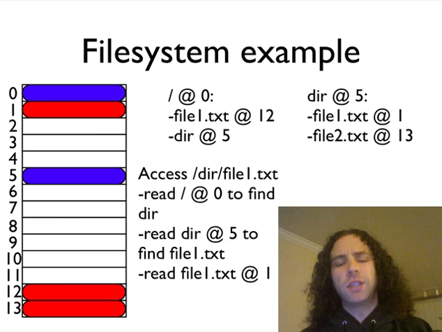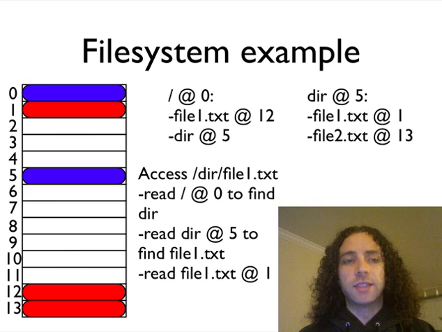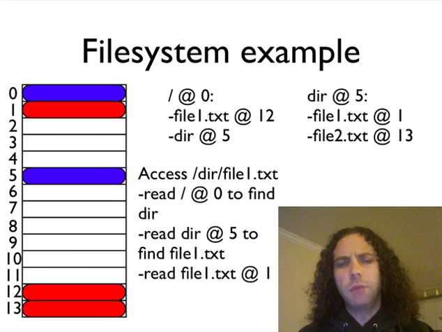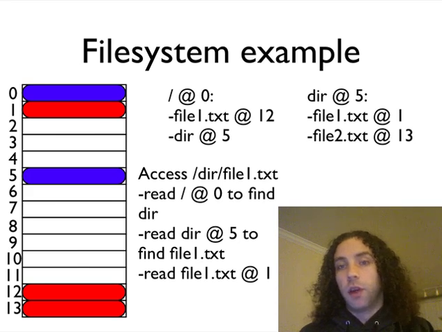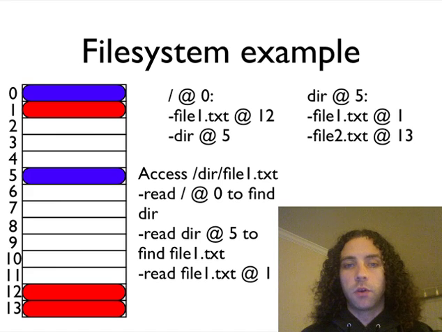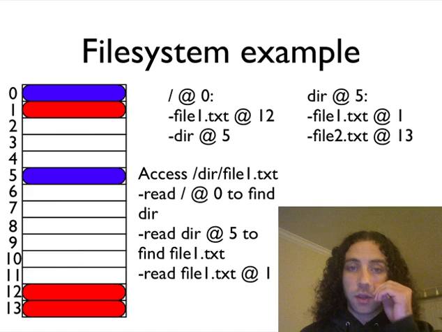Now to use this example, assuming you had a file system laid out this way, if a program wanted to access, say, /dir/file1.txt, it would start by first reading slash and saying, okay, at index 0, read this directory, find out where dir is, because that's the next thing it's looking for based on the path name. And when it reads the dir at 5, it'll find, okay, I need to look for file1.txt now. Well, that, as we talked about earlier, is at index 1. So then it'll know,